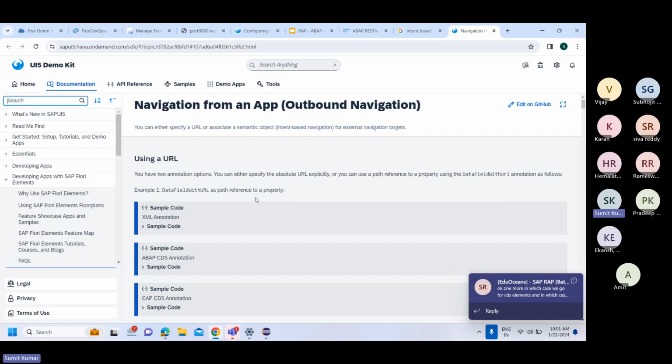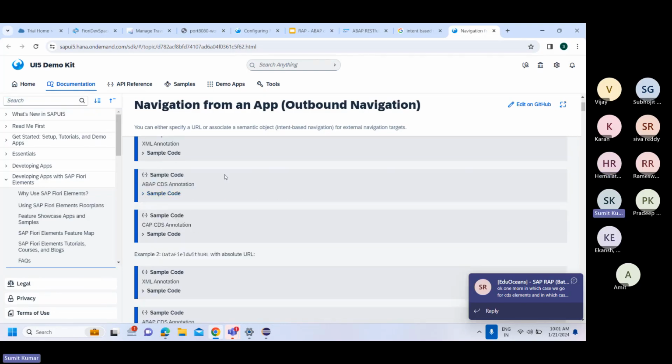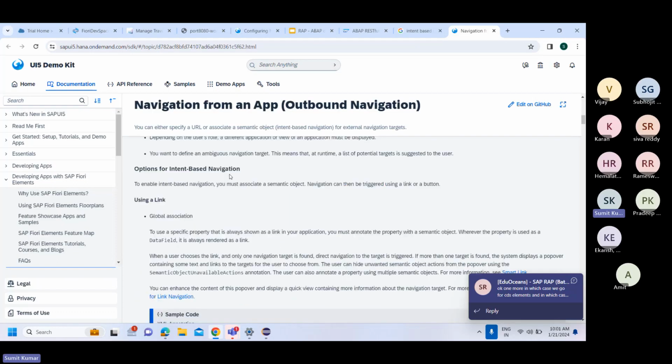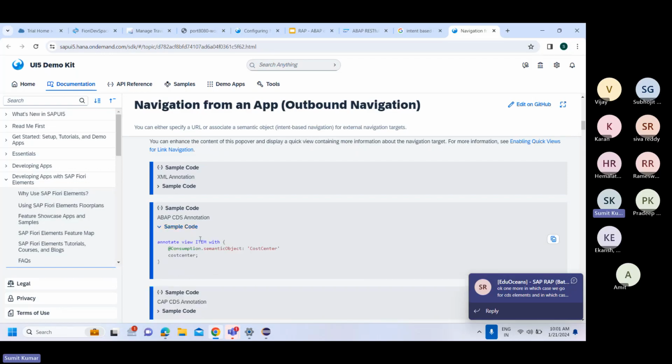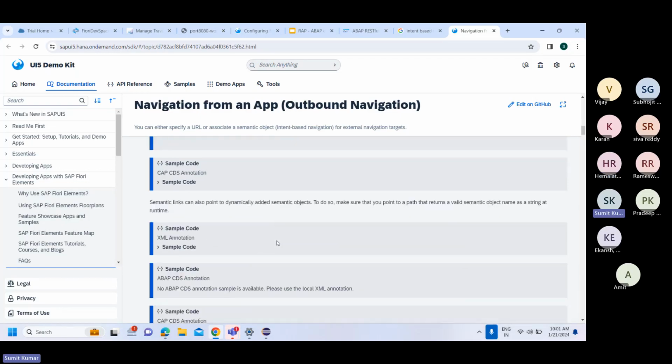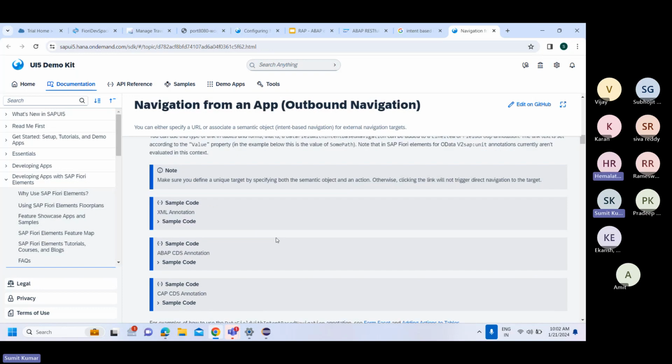Outbound navigation. Okay, in that case, what you will see is that those things are ultimately available. Not this one, navigation from this one, outbound. Here in this case, you will specify it like this, and that particular app will be opened from that particular link, and the editing of that particular purchase requisition will anyway be governed by that standard